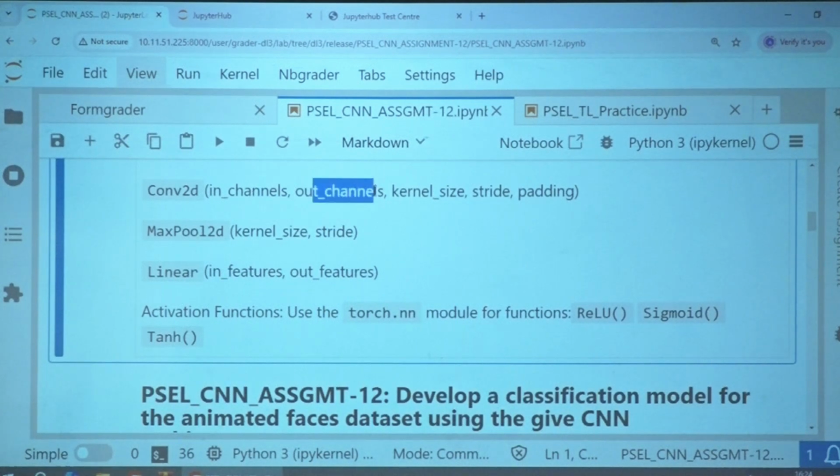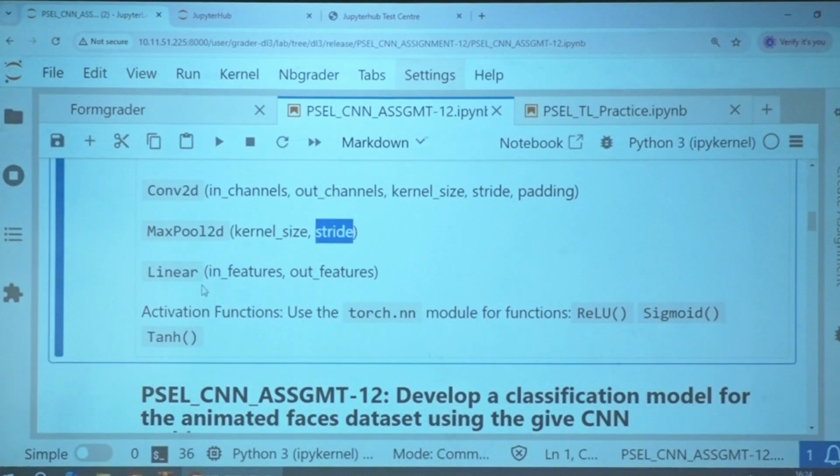Then out channels, the number of filters or kernels that you are applying, and the size of the kernel, with the stride and padding. This is the sequence in which you need to specify all the parameters of the Conv2d function of the torch library. Then MaxPool2d is the function you can use for performing the pooling operation. Its syntax is specifying the kernel size and the stride.